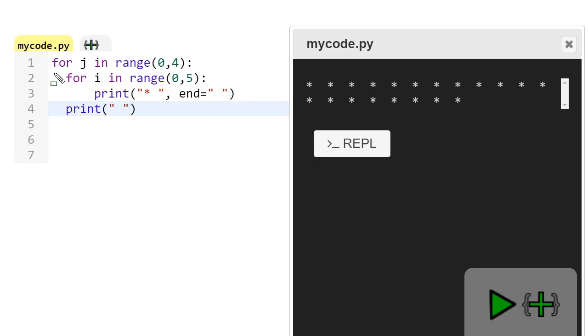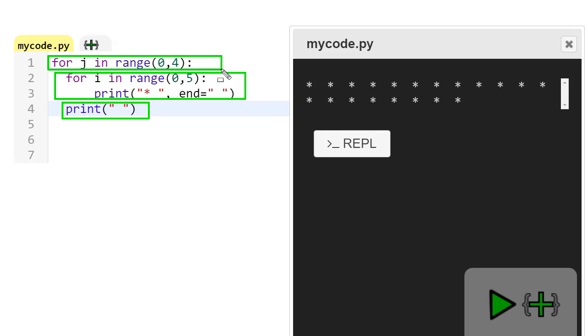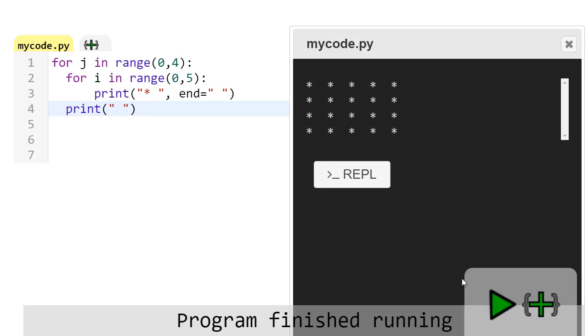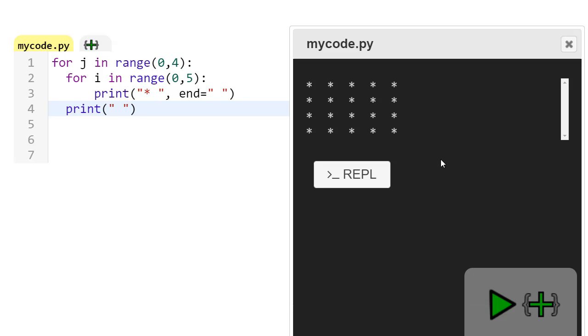First it will print in a row these 5 stars, then this statement comes under this loop, so after printing 5 stars, it will print a newline character. We used this print statement only for the newline character. Okay, so we achieved this one, but we don't actually want this.